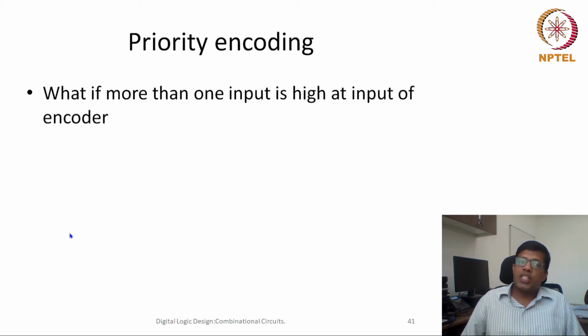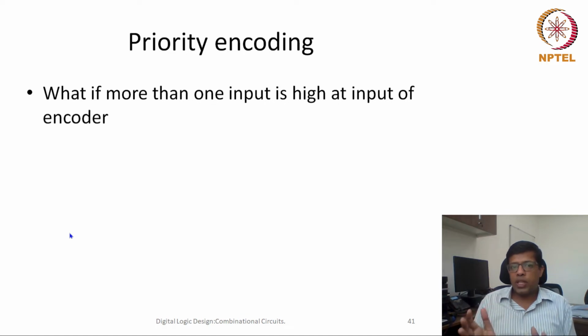We have to take one of them. So out of them, I have to encode one of them. That is clearly a good solution. So let's say out of these 8 inputs, 4, 5 and 7, all of them were 1. Which should I give as output, 4 or 5 or 7? Now this can be done by assigning some sort of priority. If 4, 5 and 7, all 3 of them are 1 at the same time, then whoever has higher priority, I will make that the assignment.